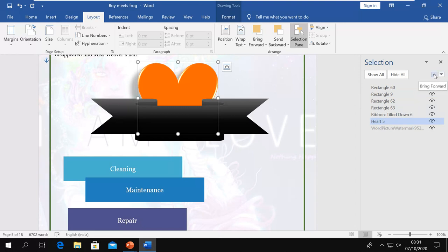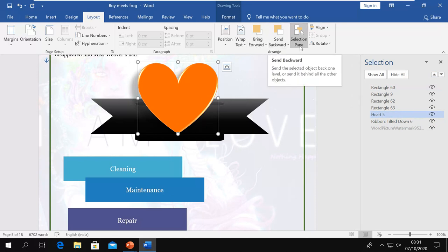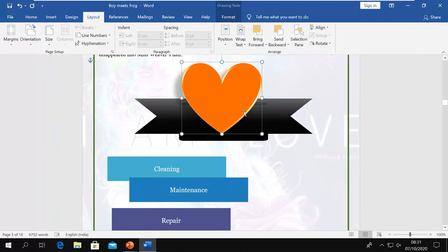You want to bring this heart forward, you can select this and say bring forward, forward, forward, backward, backward, backward. That is what the bring forward and send backward commands do, and this selection pane helps you to select if you have multiple objects in your document.